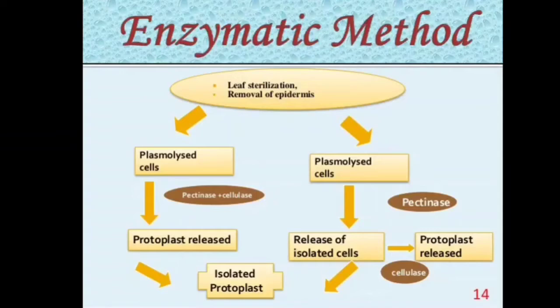This method consists of a few steps. The first step involves the sterilization of the leaves or the part of the plant which you have taken for the protoplast culture. Firstly, the surface sterilization is done here. Secondly, the part which we have chosen for the protoplast culture is rinsed in proper osmoticum. Osmoticum means what? The substance here, the part of the plant, which we have chosen for the protoplast culture.